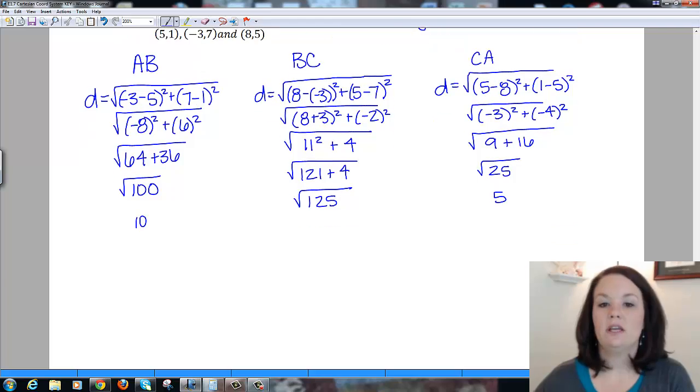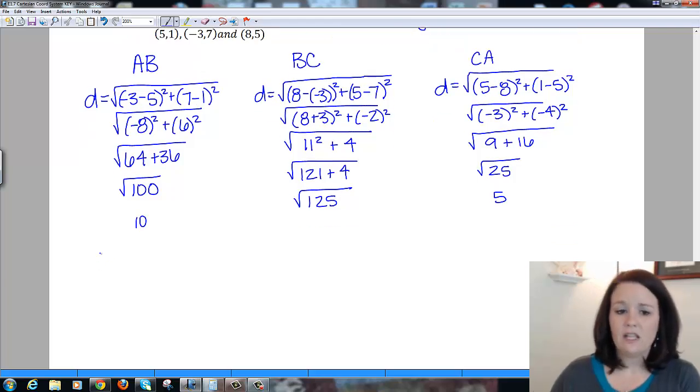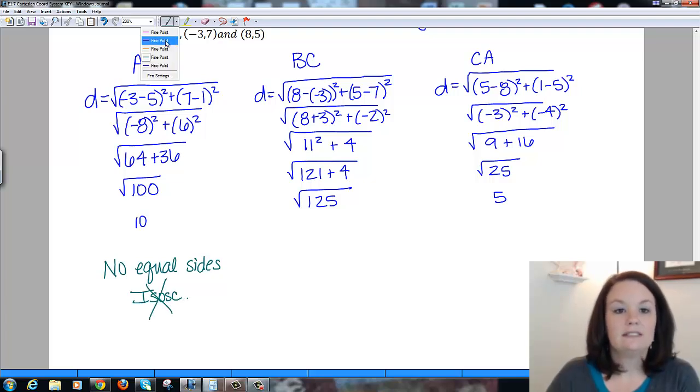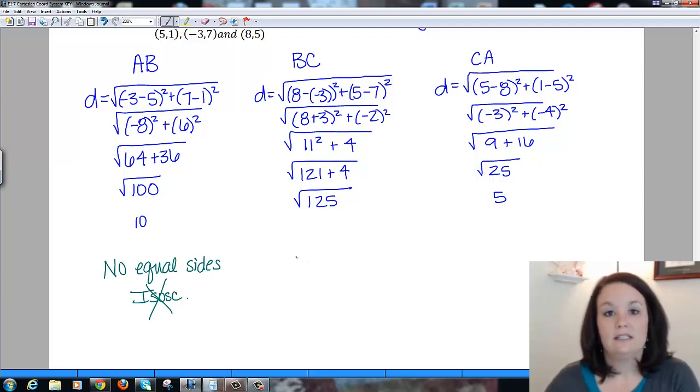So notice if I look at all my sides, I have no equal sides. If I have no equal sides, then that means it's not isosceles. So I'm going to go ahead and just say no equal sides, which means that this is not isosceles. Okay, so the next thing I look for is to see, does it satisfy the Pythagorean theorem? So I'm just going to say Pythagorean theorem,